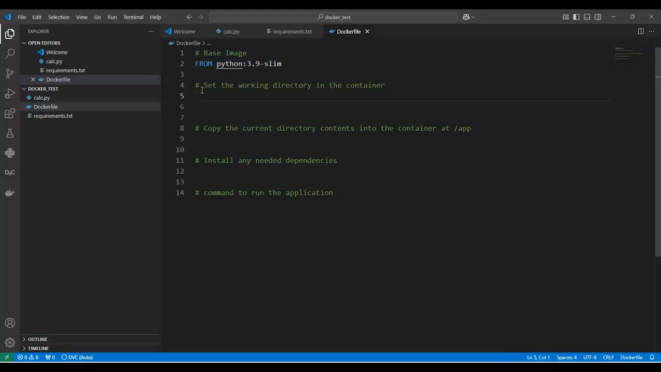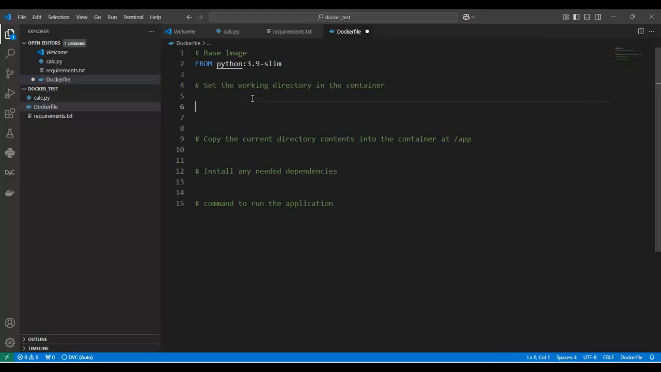Right? Now next, here we have to set up the working directory in the container. For that, we have to write the command like this, WORKDIR, right? And here I'm using app. Let's save this. So this command sets the working directory inside the container to app. So please remember any subsequent commands that we will use like COPY, RUN and CMD use this particular directory as